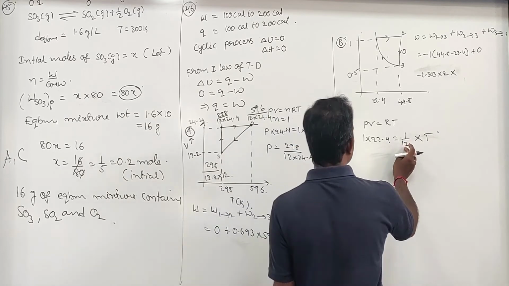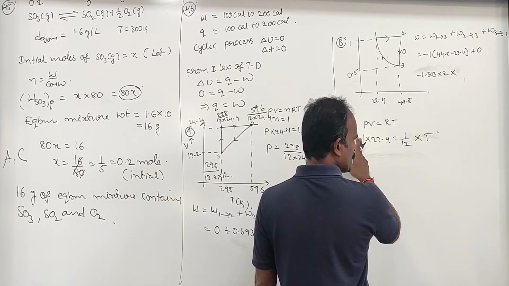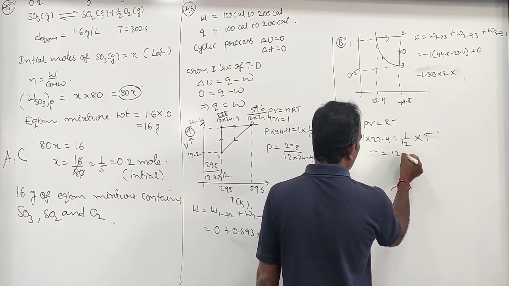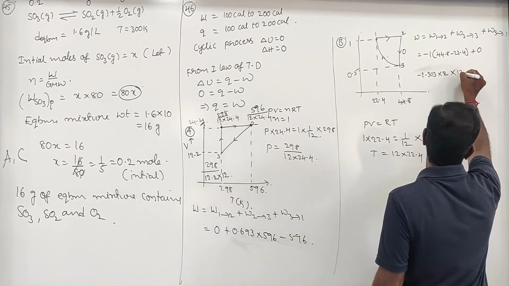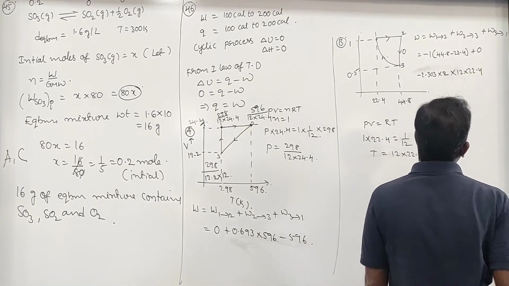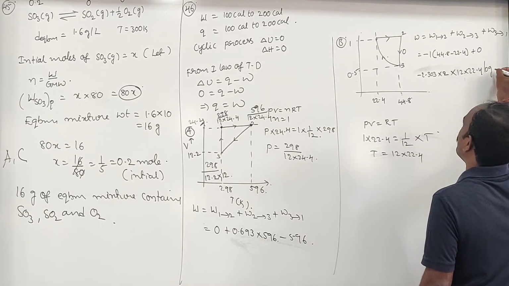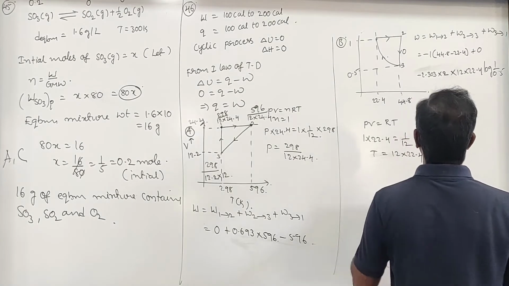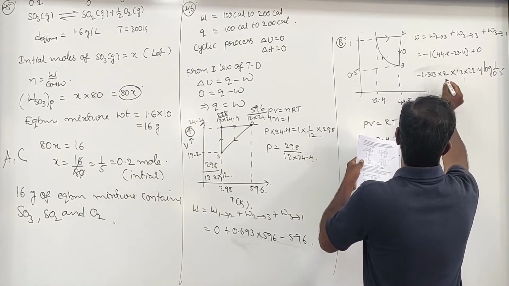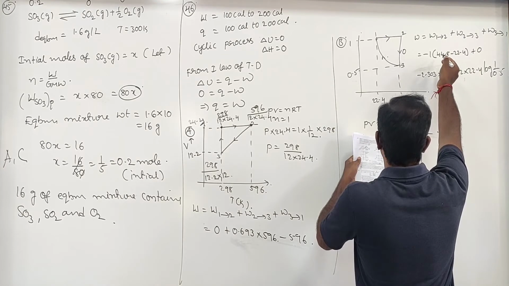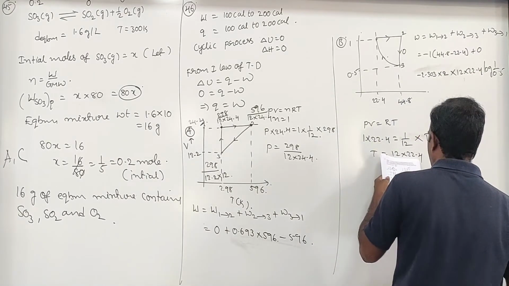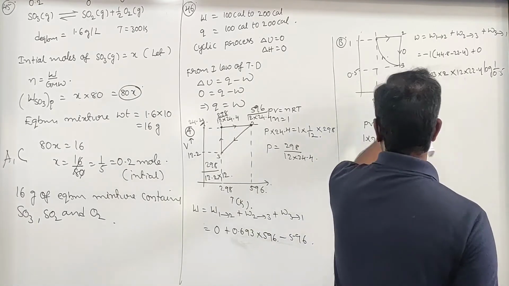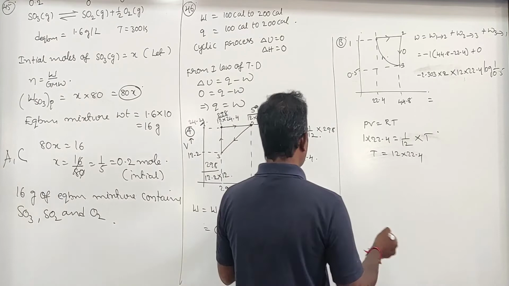Now this is liter atmosphere. Here atmosphere will be there. Definitely it will come out as T is equal to 12 into 22.4. 12 into 22.4 log V2 divided by V1, 1 divided by 0.5. You calculate the total value and the first value will come out as some 22.4 and the second value 166.9 will come, and the overall value will come around 166, or around 100 to 200. If you want, you can check.